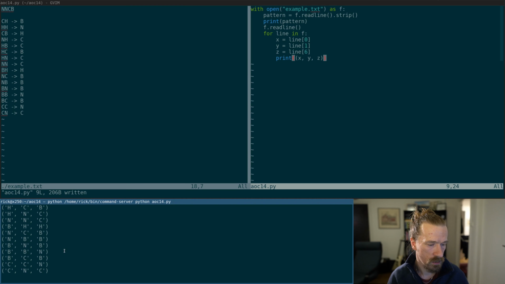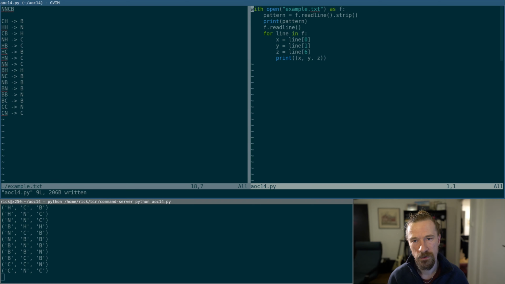Yeah, looks like C and C, the last one, and N and CB. Yeah, so that looks correct. So now I want to save the rewriting rules